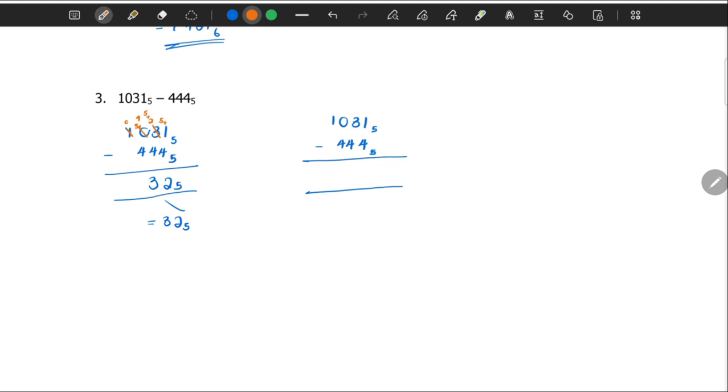1 minus 4, it can't, so you add plus 5 here, and then here you also add plus 1, which is going to be 5 because you borrowed from the previous one, right? Then it's going to be 6 minus 4, that's going to be 2 base 5, and then again here 3 minus 5, it can't, so then you borrow from the previous one by adding plus 1, then here it's going to be 5, and then here it's going to be plus 5, so it becomes 8 minus 5, that's going to be 3,